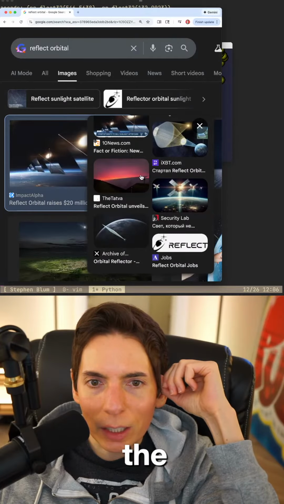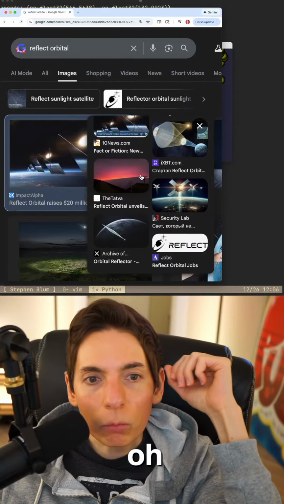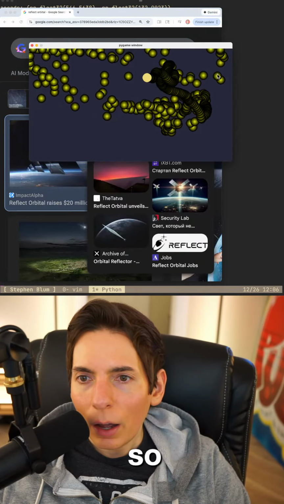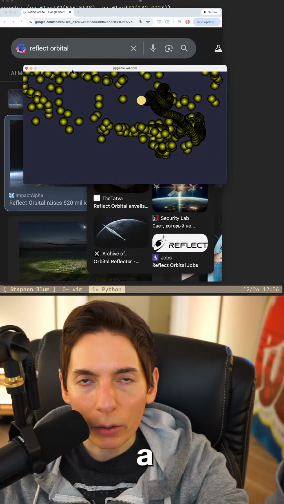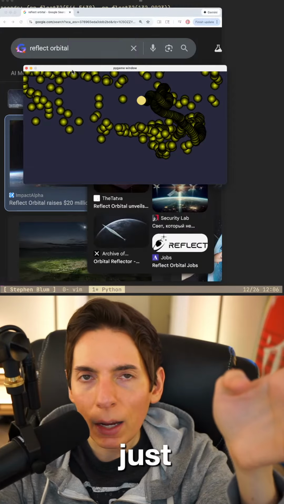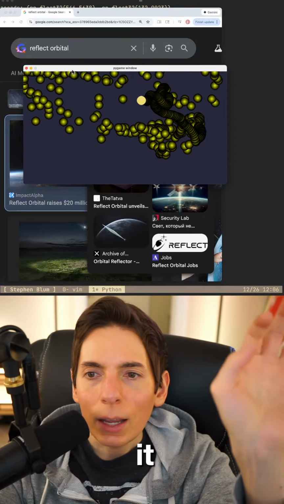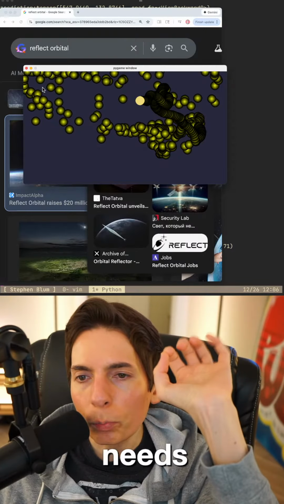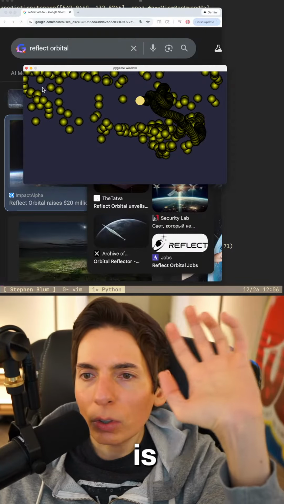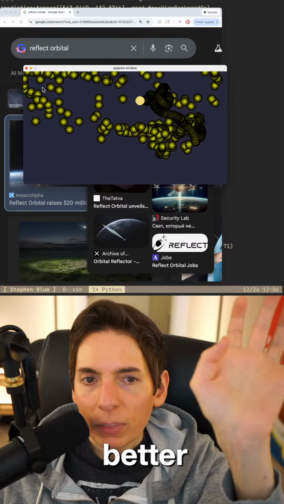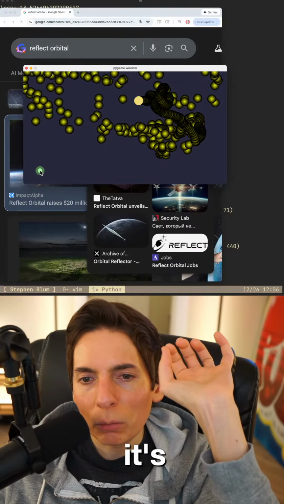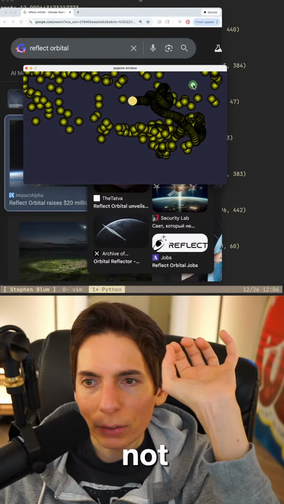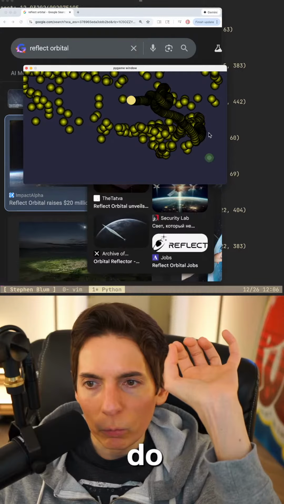You read the title, heatmap of users clicking what? Oh, hey, Roxy. Okay, Roxy. So it's a click tracker. So right now we're just trying to train an AI. We'll get a model, we'll optimize it, and when a user clicks in a certain spot, the AI needs to predict. And we'll make it better over time. It's just, you click and the AI is supposed to predict. Right now, it is not doing what I want it to do.